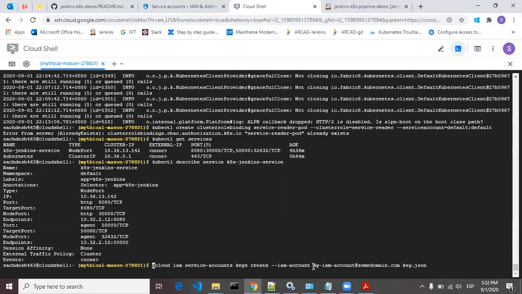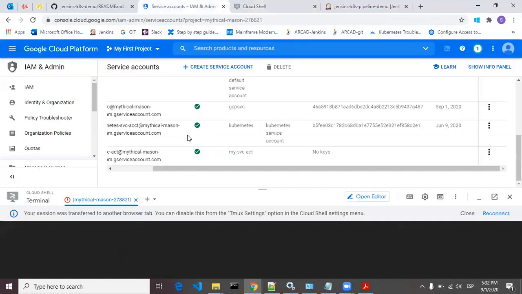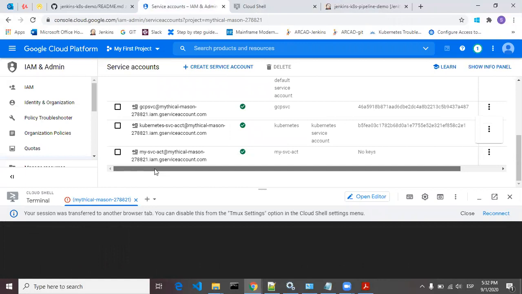Then the IAM account is this, so you have to give your IAM account. You just have to copy that.